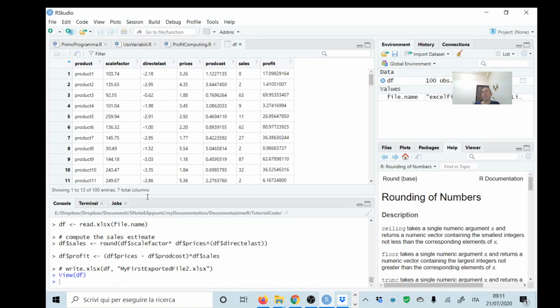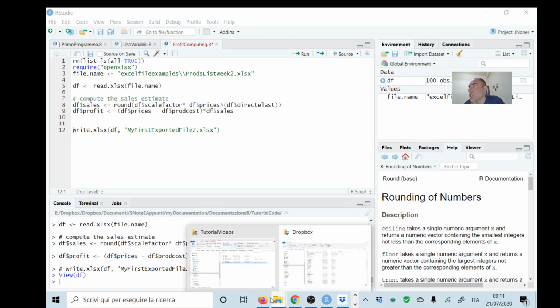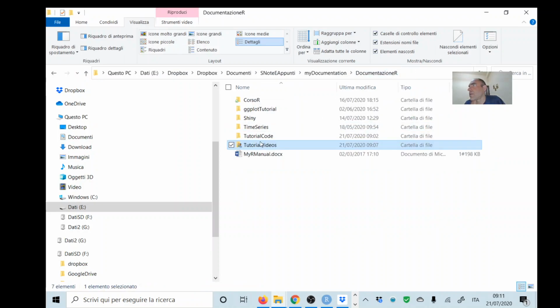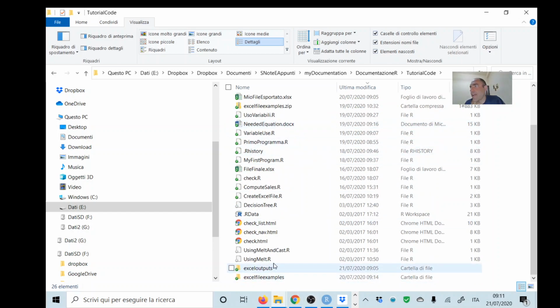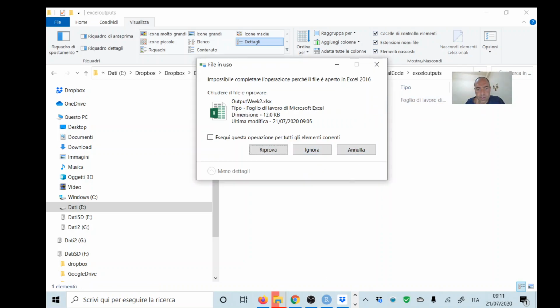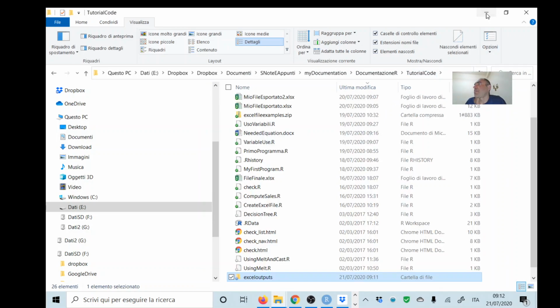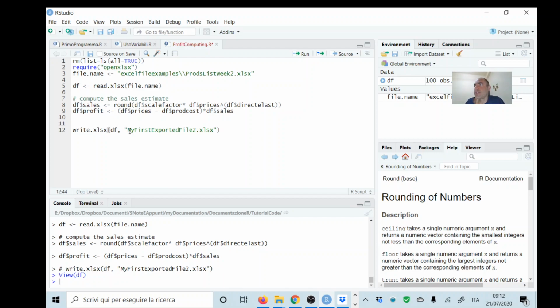Now I can save the file, and I want to do a little variation. This is the folder where I'm working. I have already created this folder, which is Excel outputs, as you can see, and I already have a couple of files here. Let me delete them because I want to start again. This is open, sorry. I just close this. Okay, so now the folder is empty, and going back to R, what I want to do is just use this folder, Excel outputs, slash, and I will call this profit week 1. Let's say this. Okay, if I do this now,